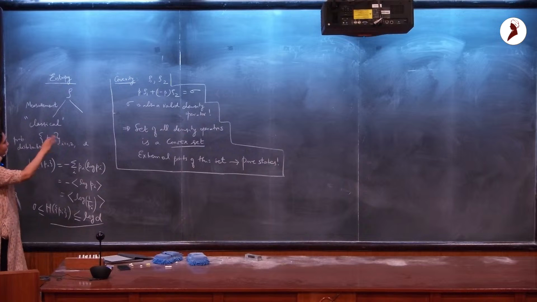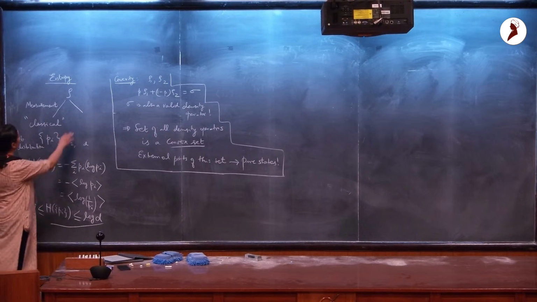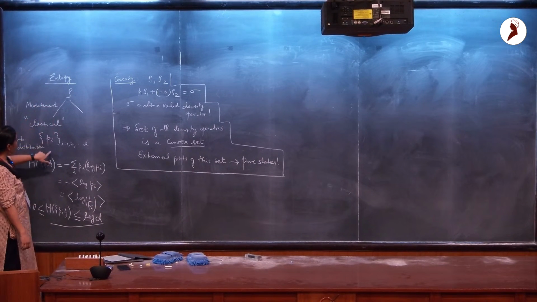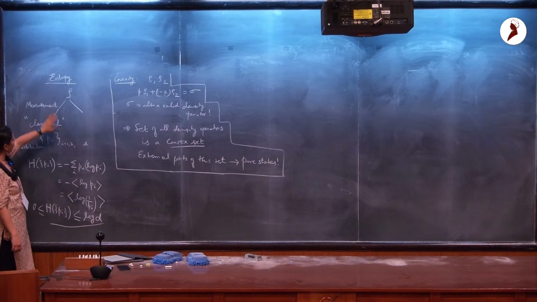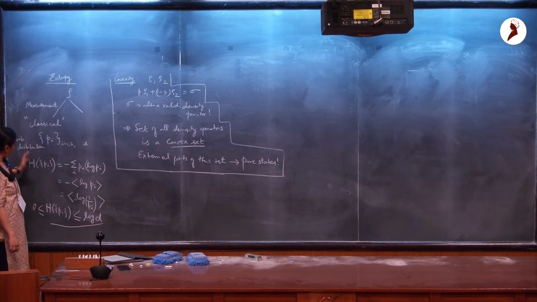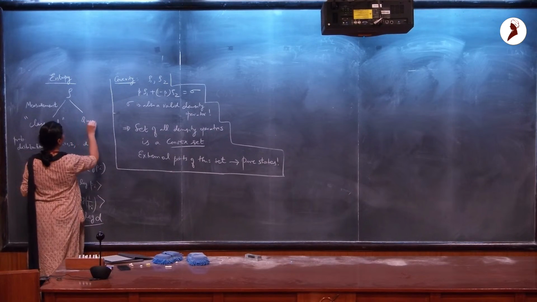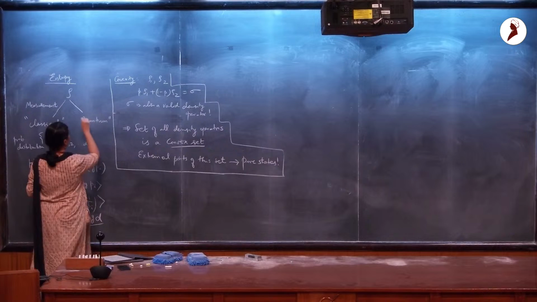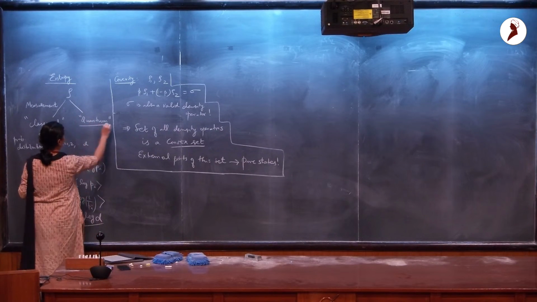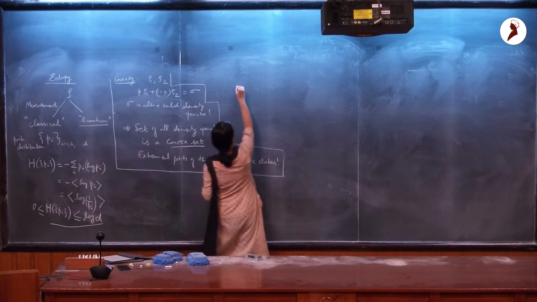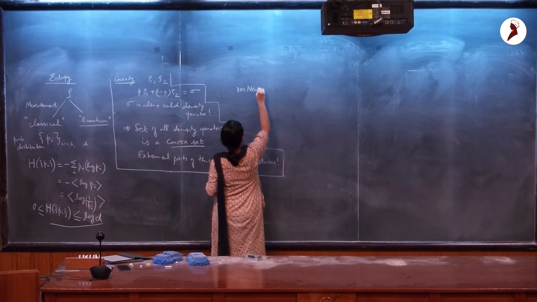I'll indicate this argument for the quantum case because I'm just going to next talk about the quantum, the von Neumann entropy. So getting a classical probability distribution out via measurement and then writing down the entropy of that distribution is one way of talking about the entropy associated with a state. I could also instead directly talk about what I'm going to call a quantum entropy, okay? And let me define this here. So this is the so-called von Neumann entropy.